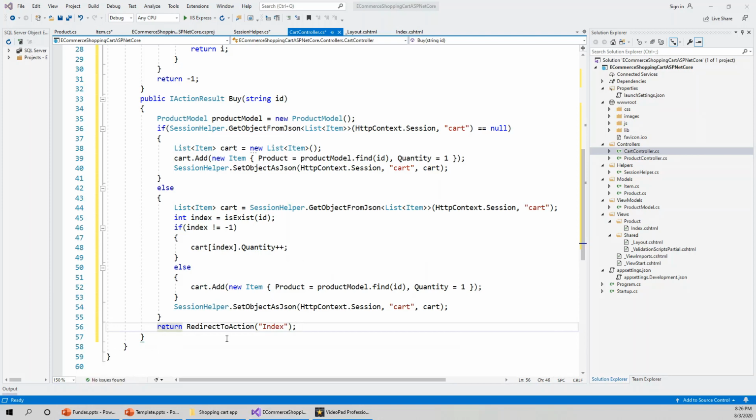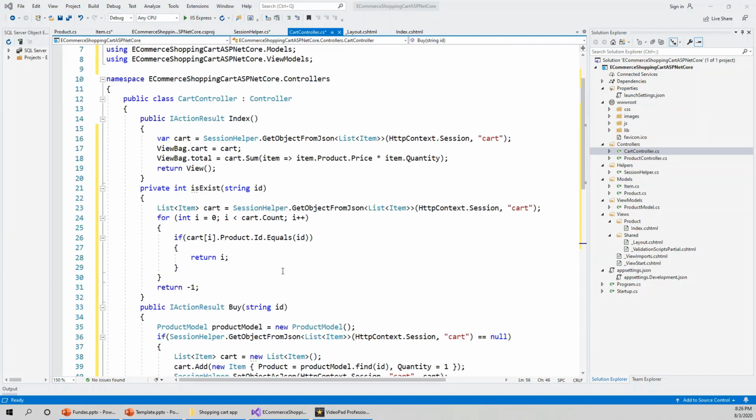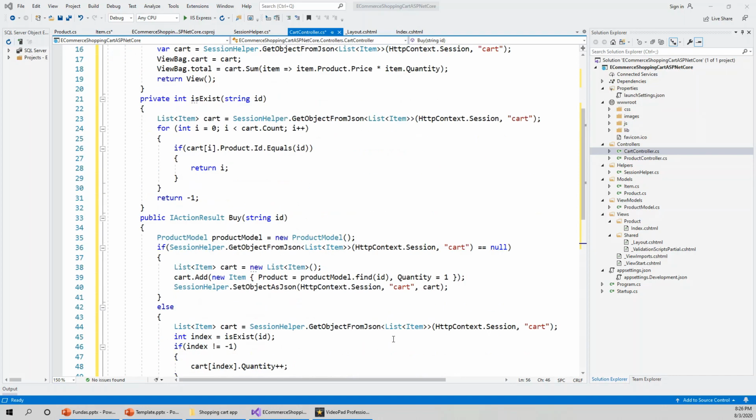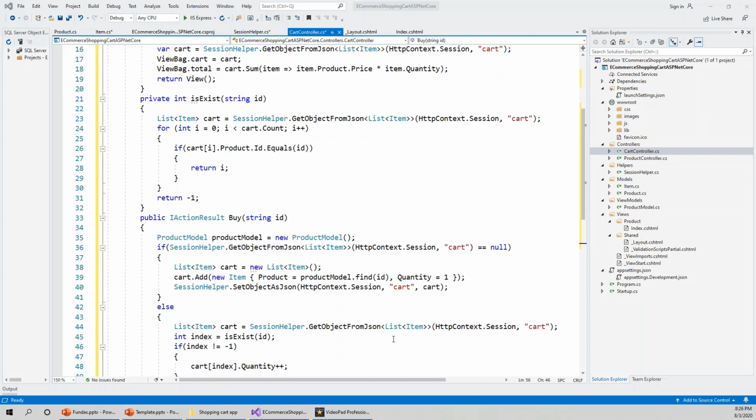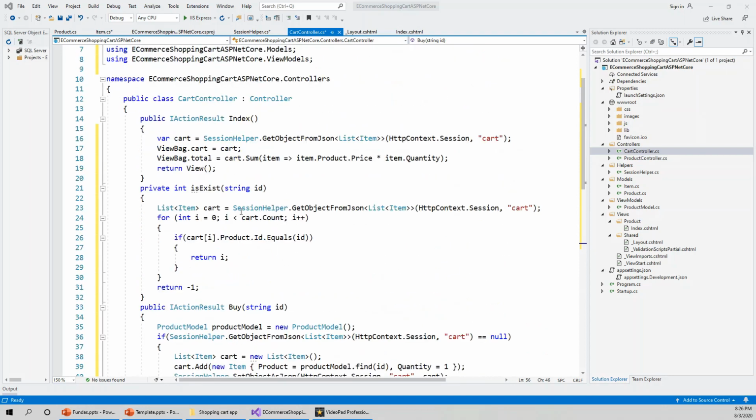So this redirect to action to index actually redirects to the index action method of the same controller, the cart controller. So when you click buy from the product page, after selecting, it comes to the index page, and from the index page it goes to the shopping cart. Okay,